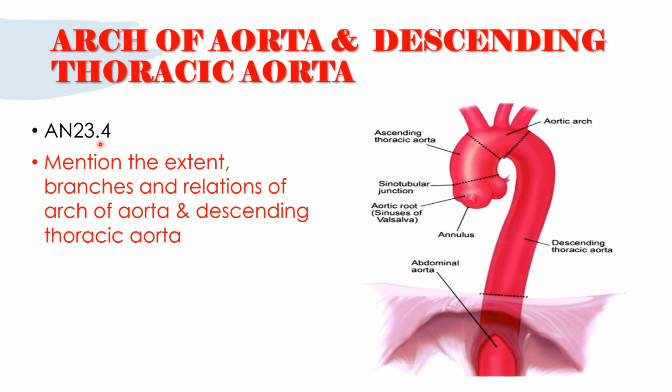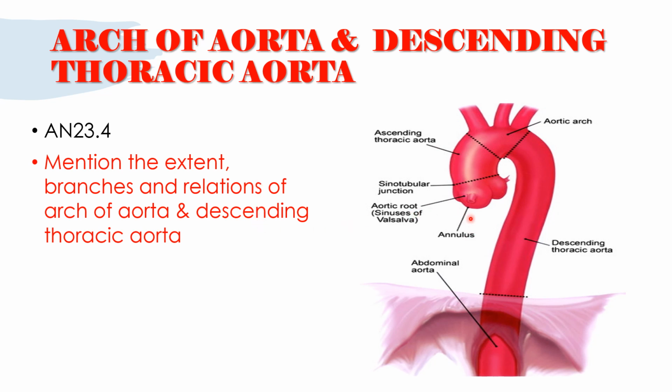Now as per the competency code 23.4, they may ask you to mention the extent, branches and relations of the arch of aorta and descending thoracic aorta. Though the aorta has three divisions, the ascending aorta, arch of aorta and descending thoracic aorta, we will focus on the arch of aorta and descending thoracic aorta. As per your new curriculum, we have only these two things. Ascending aorta is not mentioned in the new curriculum, but you should have basic knowledge of the ascending aorta,